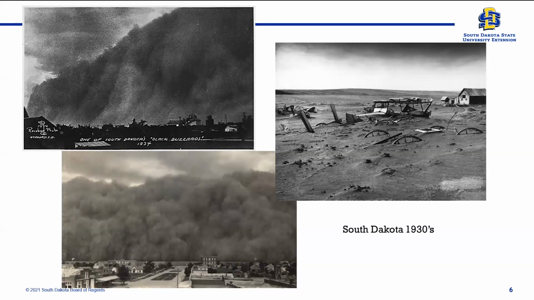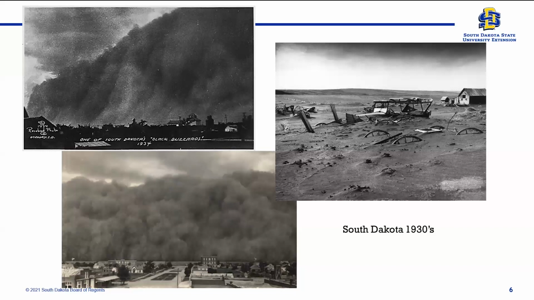Here are some more shots out of the 30s. In the upper left, that is Gregory, South Dakota, when a dust storm was coming in. A very drastic period of time, and we don't know when these climate extremes are going to occur. What happened in the 30s is that a number of years of drought occurred, and so the soil was unable to produce vegetation to protect it. That, coupled with the farming practices they were using at the time and the breaking of the prairie, just set us up for a huge